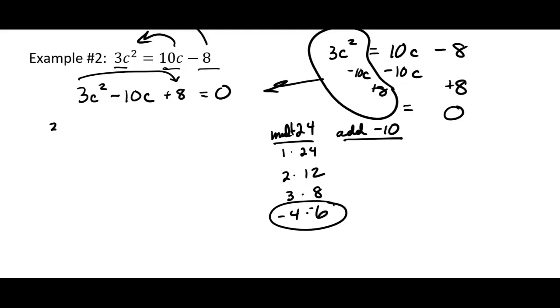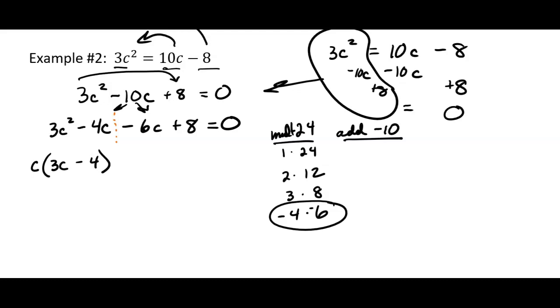When I do the AC method, I would keep the first term. The middle term splits into 2 pieces. So I have now a negative 4c and a negative 6c. That's where the negative 10c is split apart. So now we have 4 terms, so we can use the idea of grouping. I'm going to make my little dotted line here, and then I'm going to factor out in the first 2 terms, they have a common factor of c. And then in the back, I'm going to have to factor out a negative because of that sign right there.